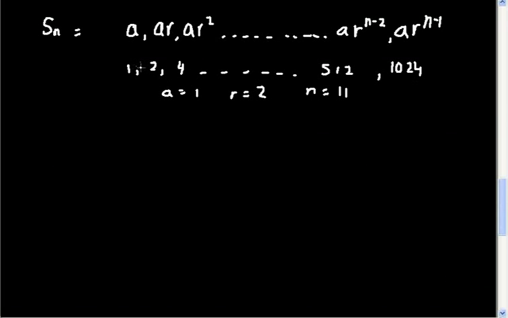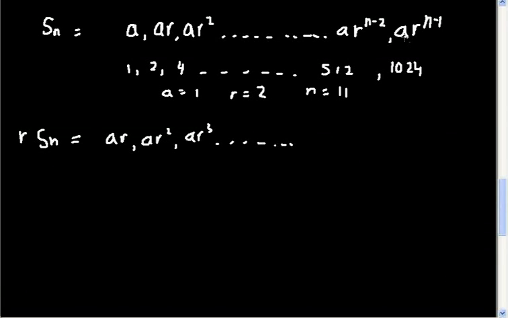Okay, the next thing that I'm going to do is this. I am going to multiply both sides by R. So I'm going to multiply this symbol here, which stands for the sum of terms up to the nth term, by R, and I'm going to therefore multiply each term here by R. So my A becomes AR, my AR becomes AR squared, my AR squared becomes AR cubed, and when you get to the last few terms,